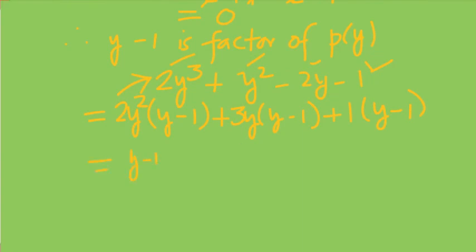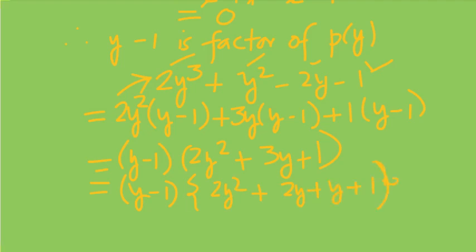y minus 1, then twice y square plus 3y plus 1. Can we factorize this middle term for the quadratic part? Yes, we can. So we can write 2y square plus 2y plus y plus 1. If we do the middle term factorization, we shall get this, and then y minus 1, and it can be written as 2y common, right? And hence y plus 1 for the first one, and next, just write y plus 1 again,